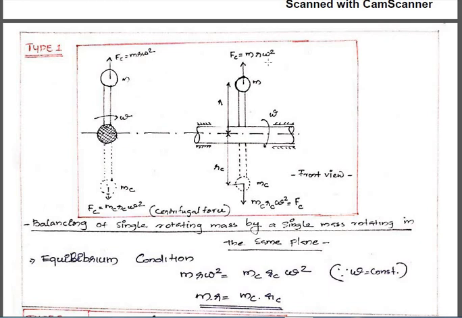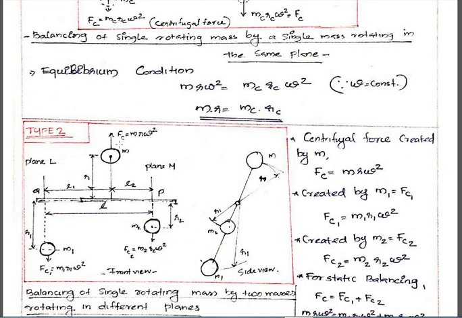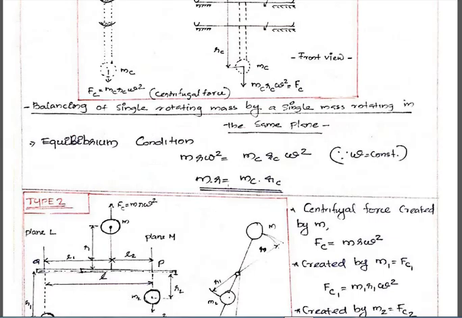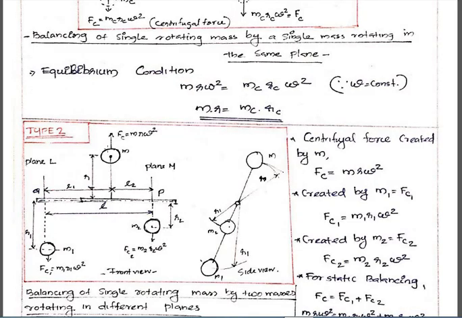That means we are balancing only the forces. If you consider the moment due to this force, that is called dynamic balancing. Okay, next, this is type 1. Type 2 means there is an unbalanced mass, but we are balancing it by using two masses in different planes. Here there is an unbalanced mass, and we are placing two different masses at two different radii, at different distances from the plane of the disturbing mass. Here the distance is L1, and the distance to the second counter mass is L2.